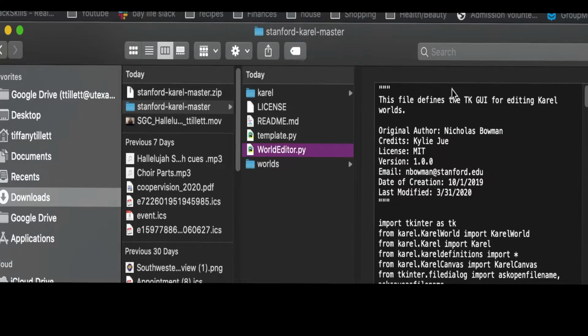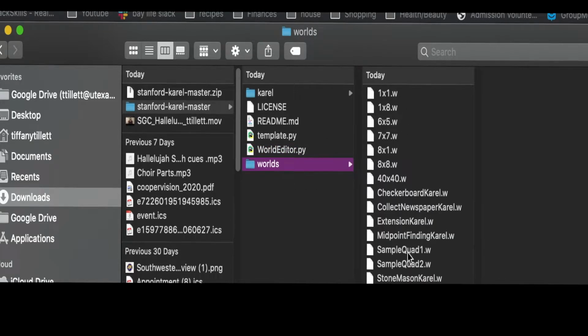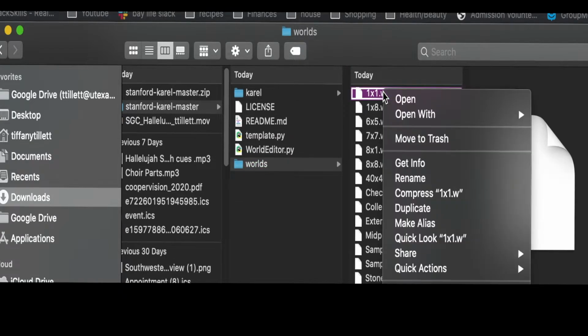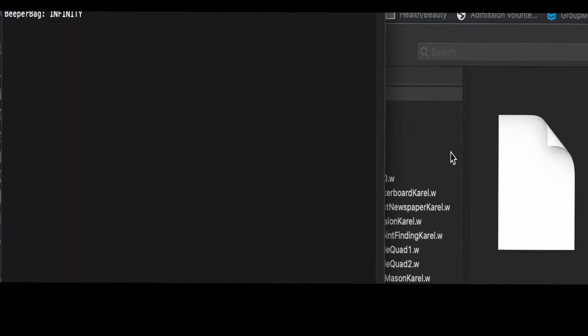And then this one file is supposed to enable you to generate more worlds. I have not tried this out, but if you want to play around with it outside of these videos, feel free. And then we have all of the actual worlds here. So I'm just going to go ahead and open one of these just to show you what kind of information